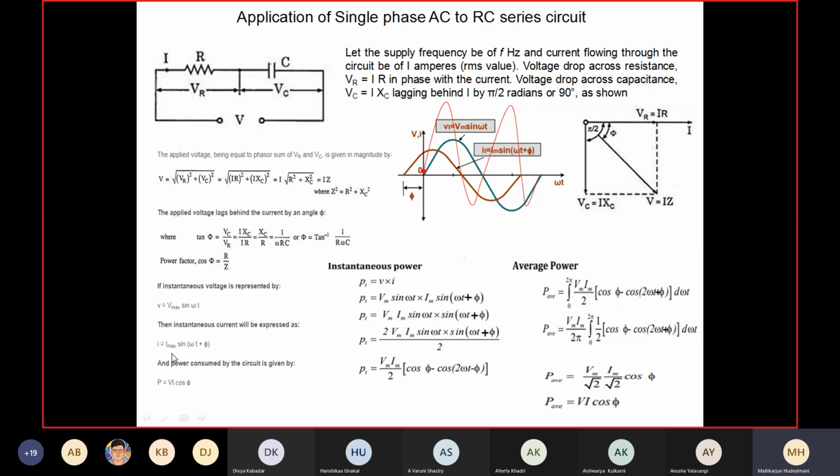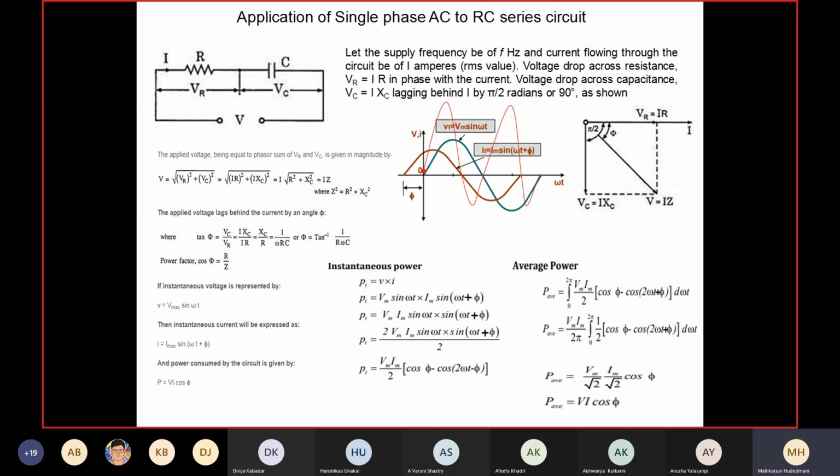Therefore, once I complete the waves representing current and voltage, now I am in a position to conclude my representation. What is the total power? I can do it. So instantaneous power P is equal to V into I, Vm sin omega t, Im sin(omega t plus phi). When I simplify this, again I will get a product of sinusoids. It becomes difficult. What should we do? Convert this product of sinusoids into sums and differences of cosines, which we did here.